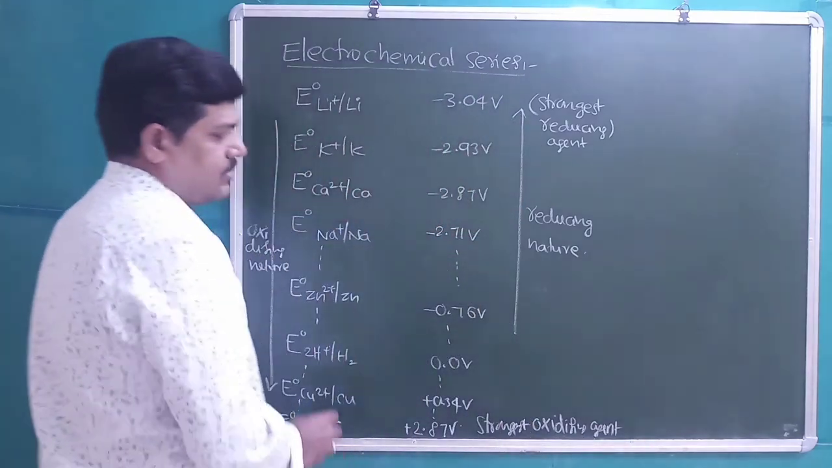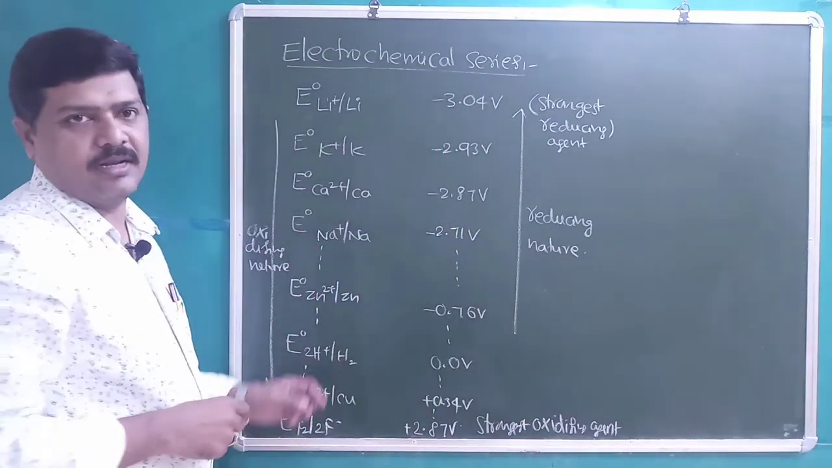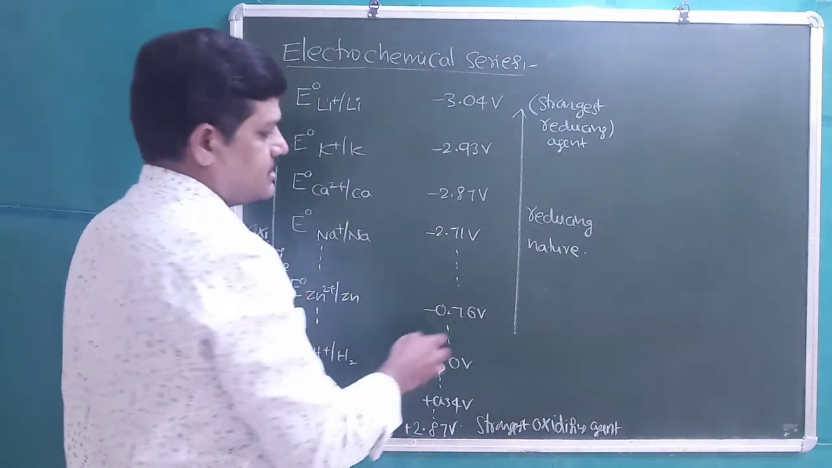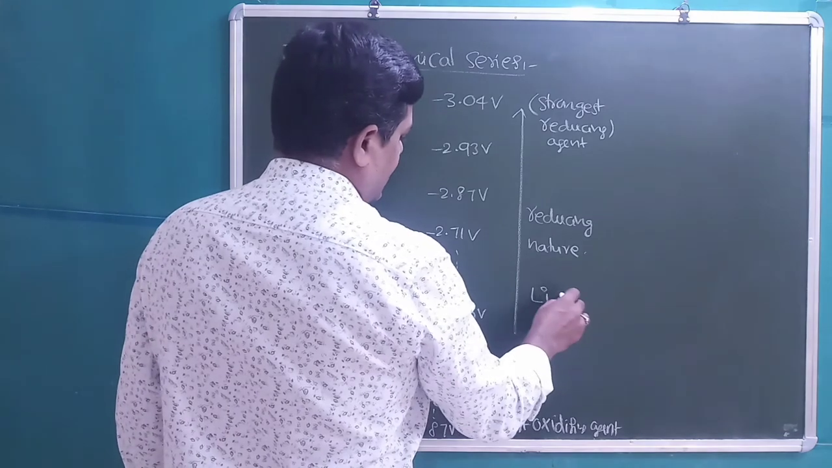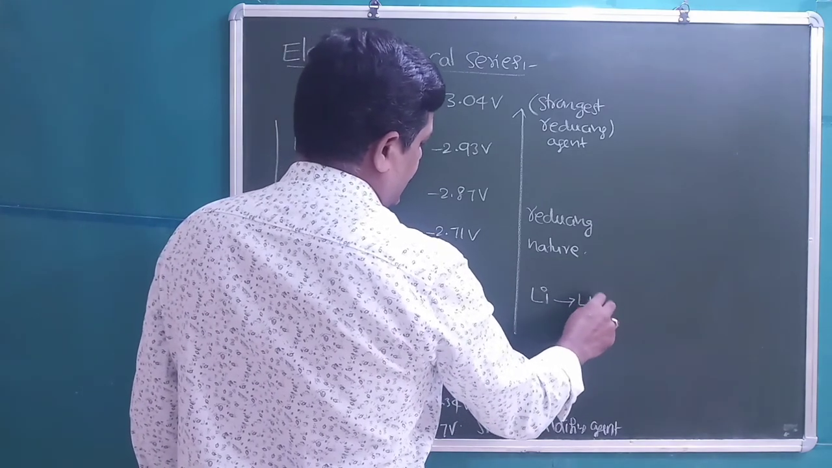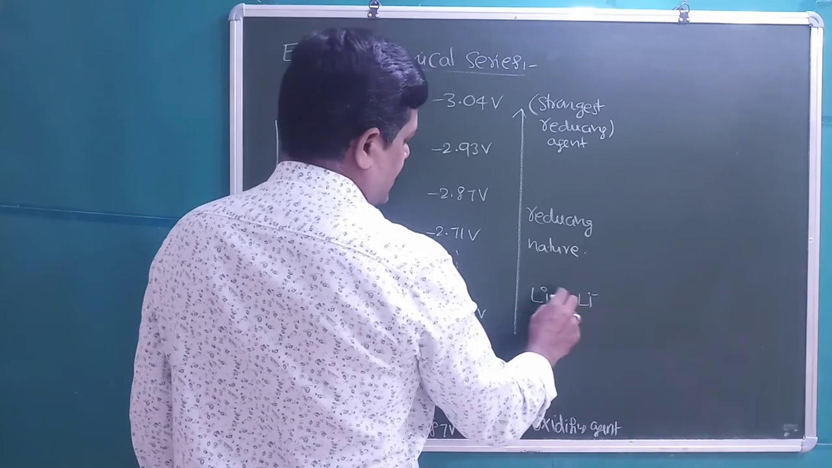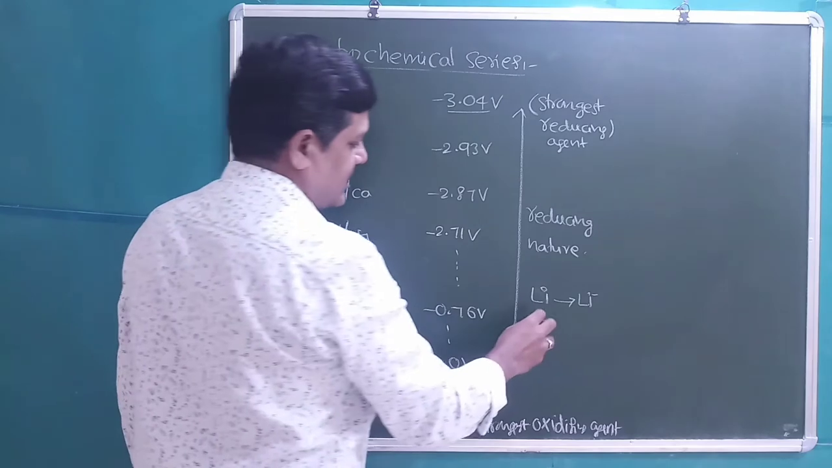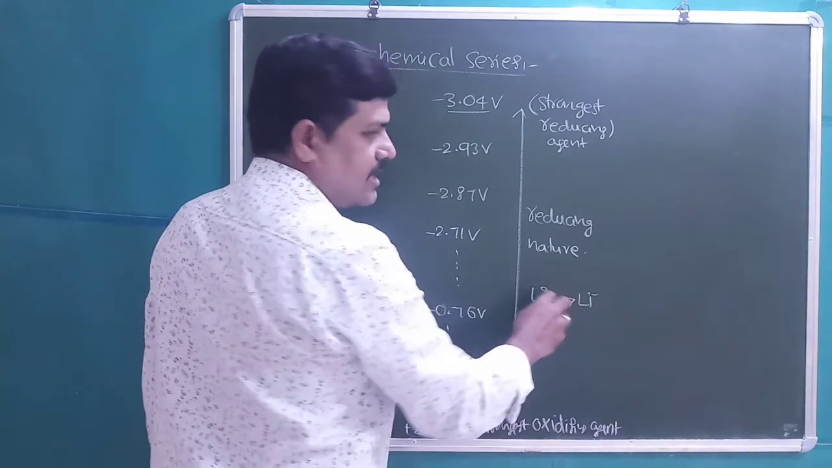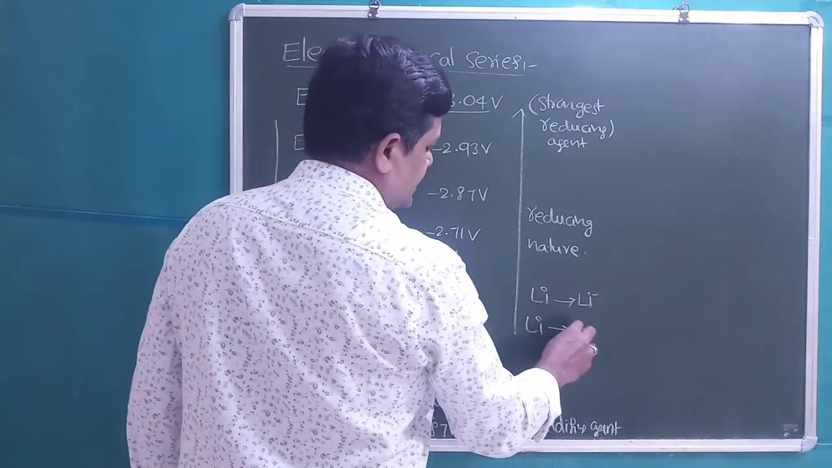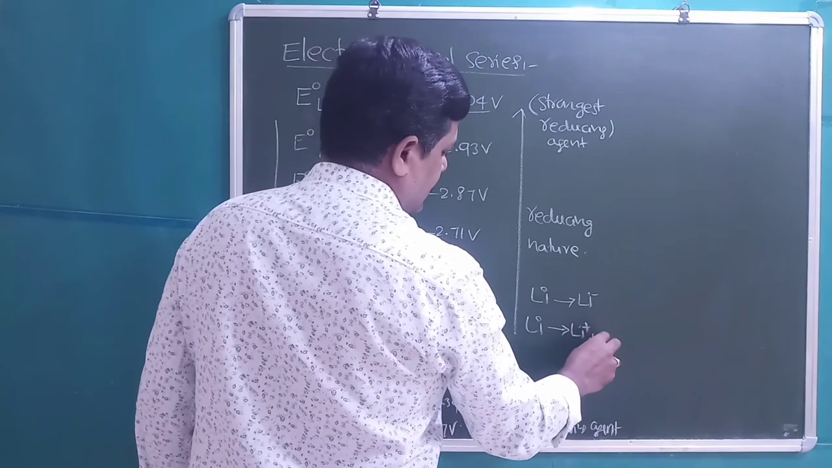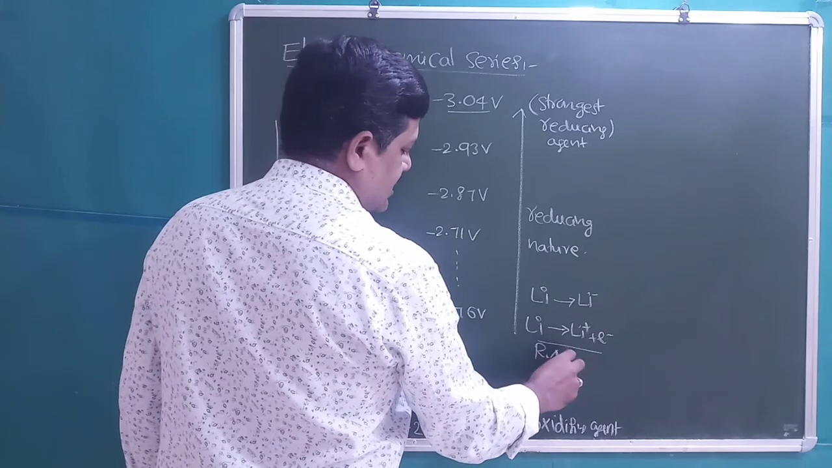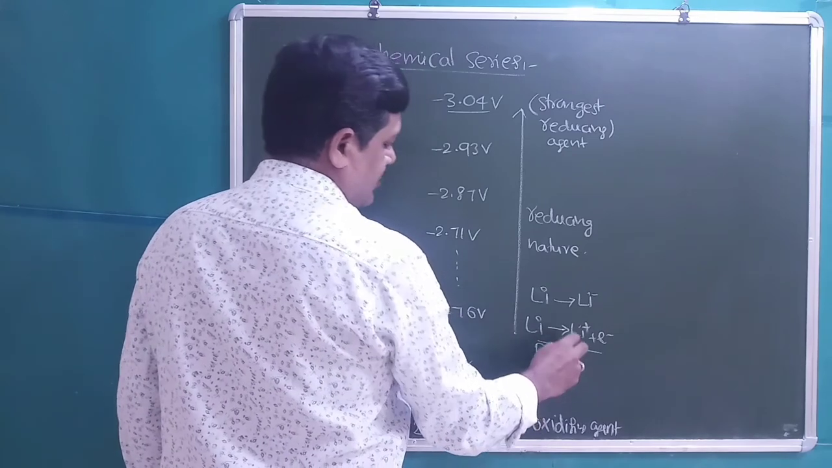Students, here the more negative reduction potential indicates it has less tendency of undergoing reduction. So that means Li will not prefer to undergo reduction to form Li minus. It will not gain the electrons generally. A more negative reduction potential value indicates a low tendency of undergoing reduction and a high tendency of undergoing oxidation. So while it is undergoing oxidation, it will act like a reducing agent,